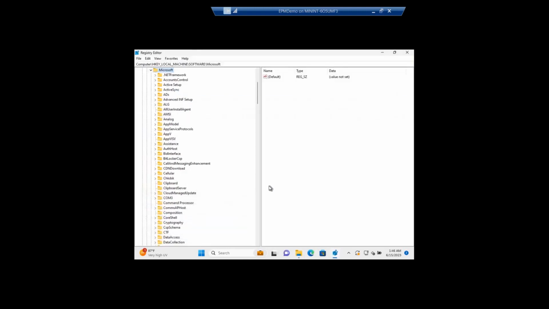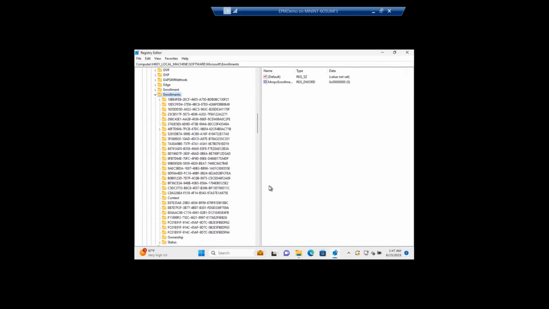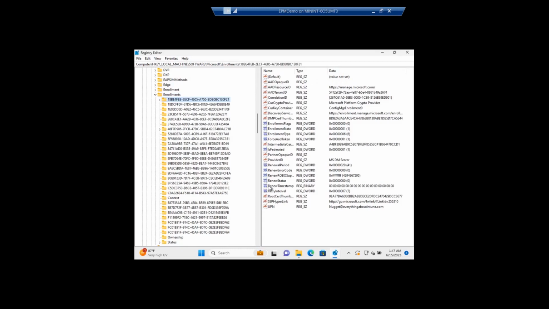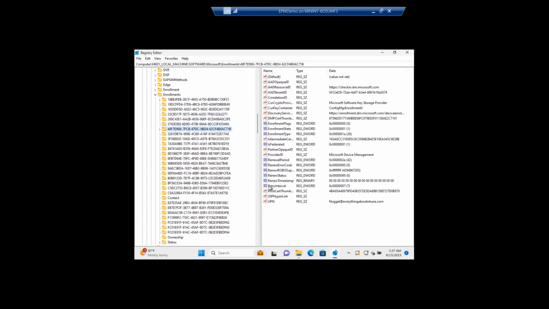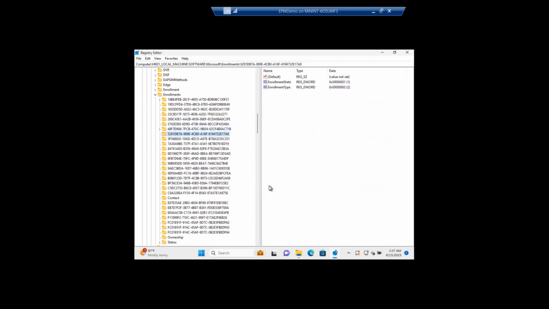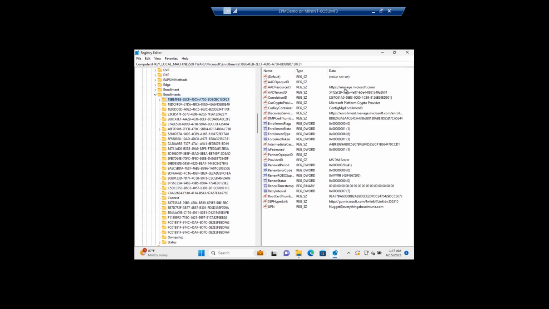So I'm going to go to HKLM software Microsoft and then the same enrollments registry. And over here, initially we saw only one entry, which was this one. Now there should be one more which is populated, and there you go. This is the one that is populated. You can ignore the rest because, as you can see, the rest are pretty much blank. So the one that is relevant is the first one, which happened when we enrolled the device to Intune,